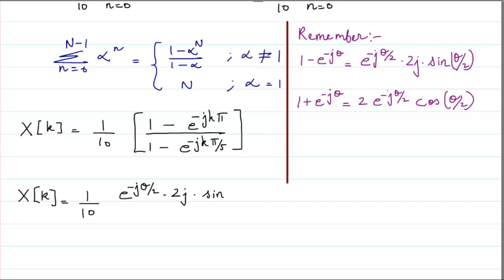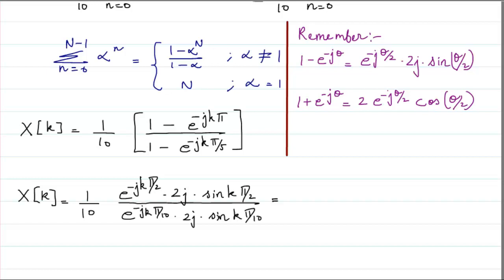Okay, so I will write sine k pi by 2 divided by e raised to power minus j k pi by 2, and here also it will be k pi by 10, correct? Into 2j into sine k pi by 10,